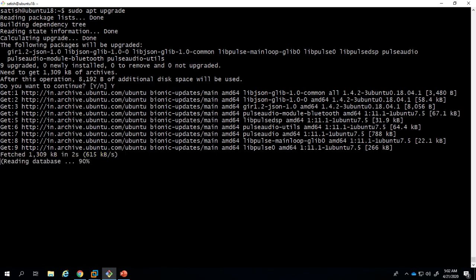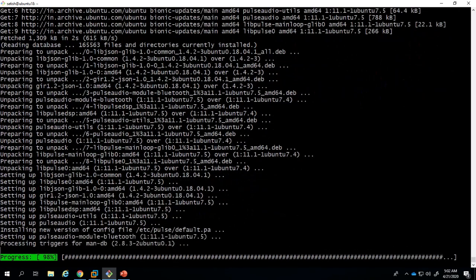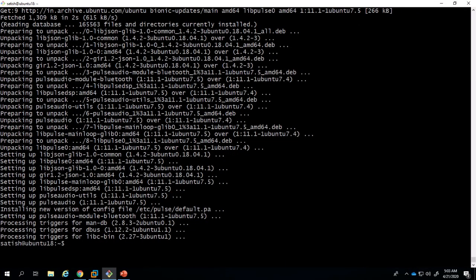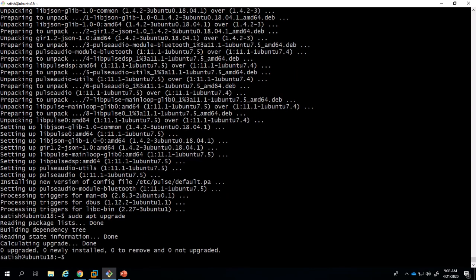Now all packages are going to be upgraded to the latest version in Ubuntu 18.04. We upgraded all packages, and it shows 0 newly installed, 0 to remove, so all packages are up to date now.